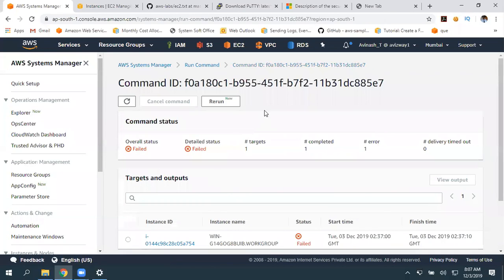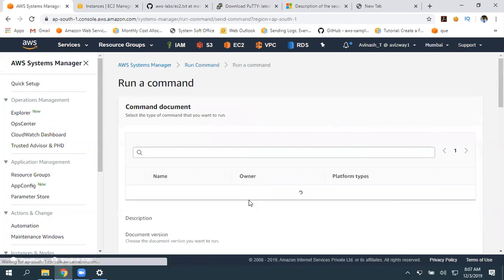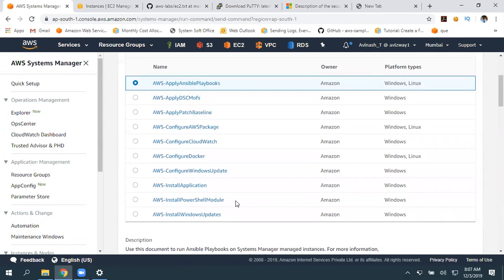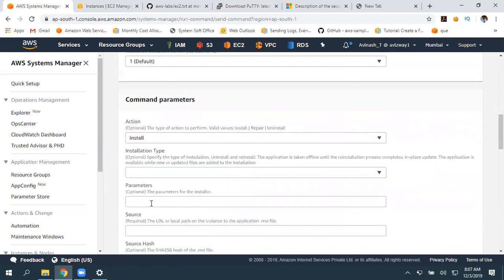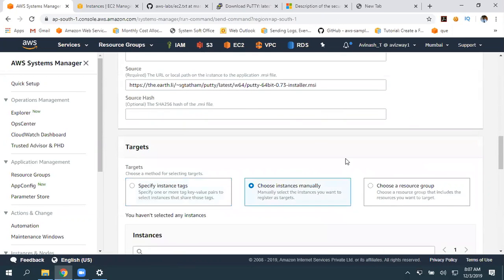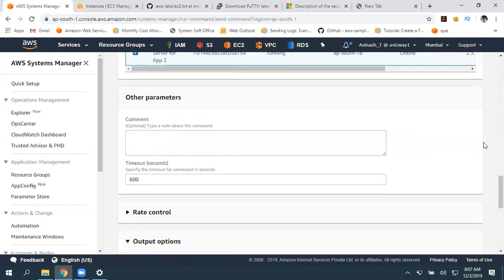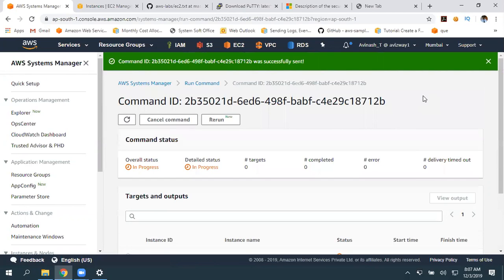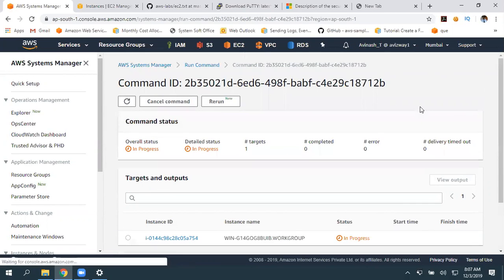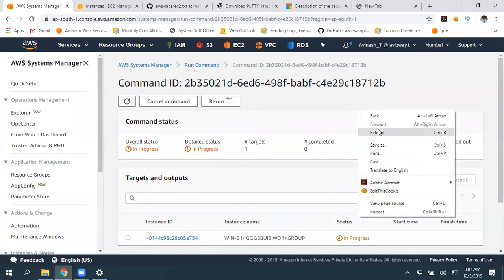That URL is working, right? Or you can just upload it to an S3 bucket and give that URL also.